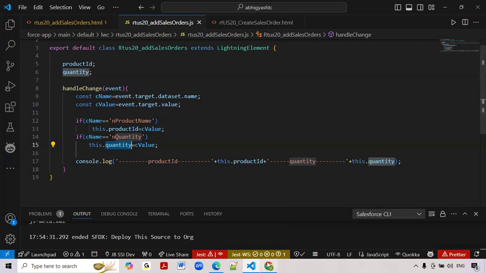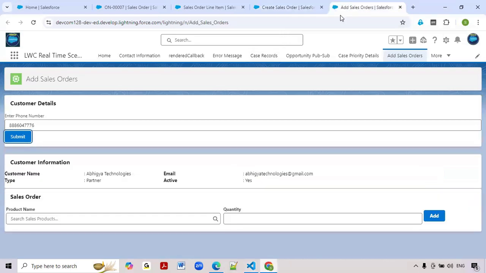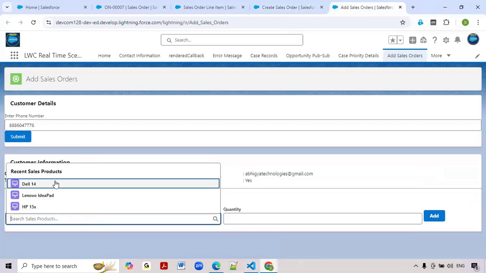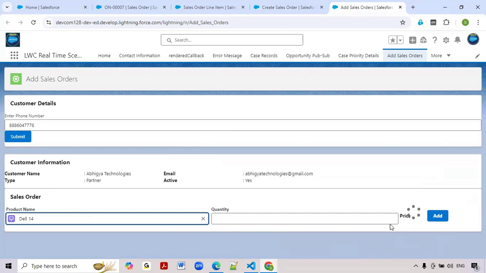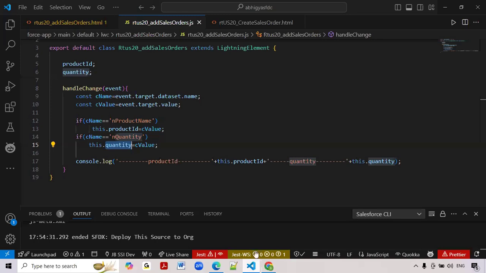Now as per the requirement, when you select any product here, the price should be automatically populated. So how are we going to get this price? Without writing an Apex class, we need to get our price value. For that purpose we have to take